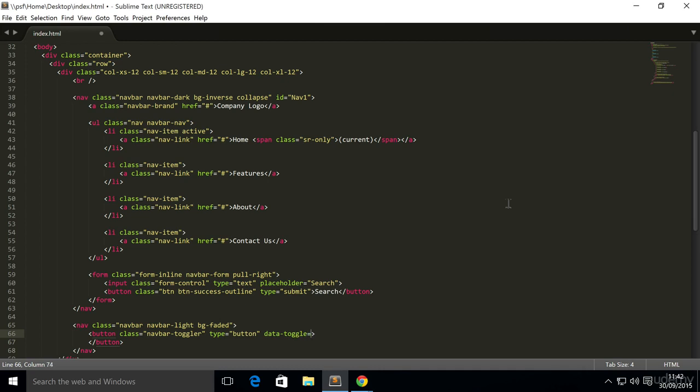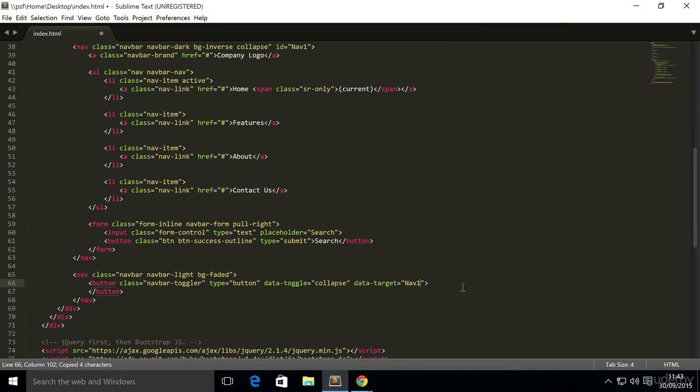So what sort of data are we toggling? It's collapse, it's a collapsible piece of item. Now we need to put data-target, and this is the ID that we set right here. So just copy and paste that, and inside we're just going to put